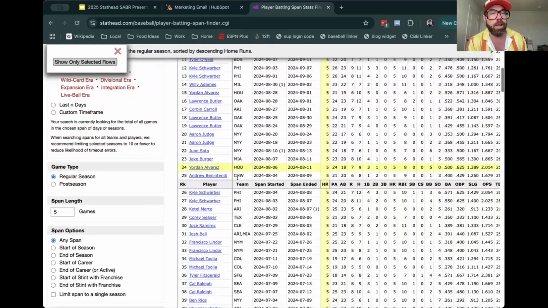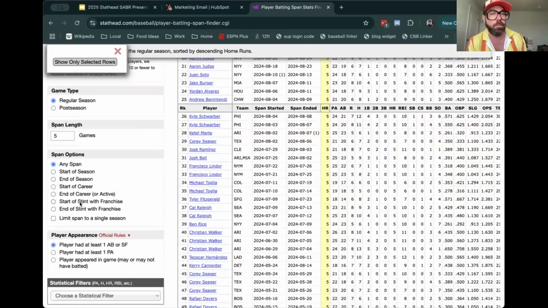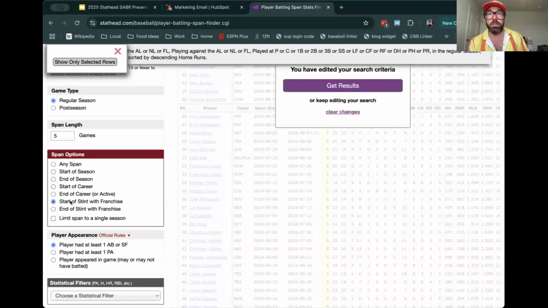But the other cool thing about this is that it has these span options. So you can limit the span to the start or end of a season. You can limit it to the start or end of a career. Or this is really cool, you can do start or end of stint with a franchise. So if a player who changed teams in the offseason gets off to a really hot start with their new team,